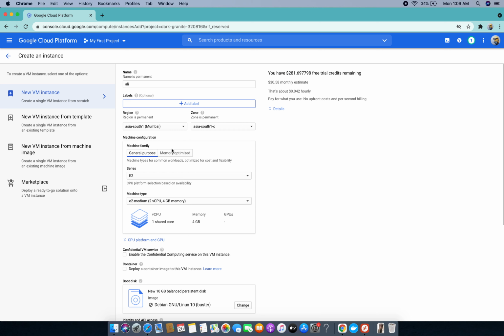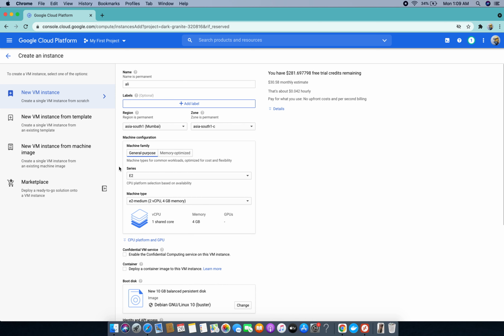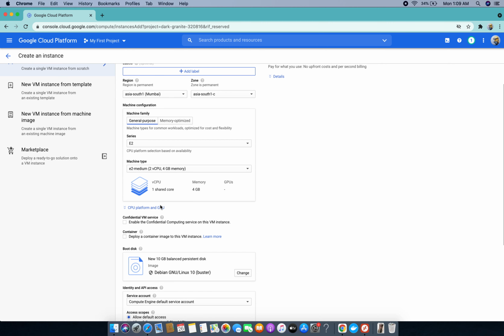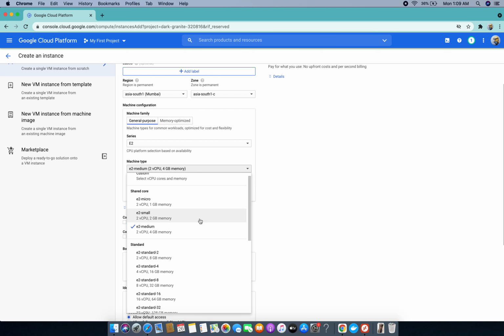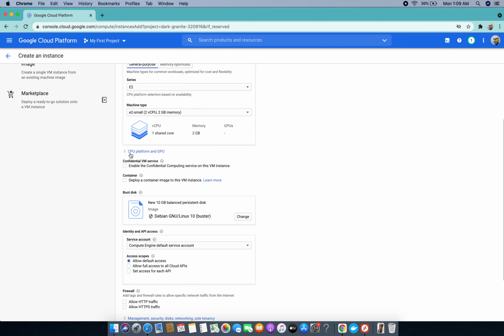But if you click on this one, you will end up using your money in just 5 or 6 days. So click on general purpose, and in series click on E2, and I will buy this one, 2 CPUs, 2 GB memory, because it's just for educational purposes.